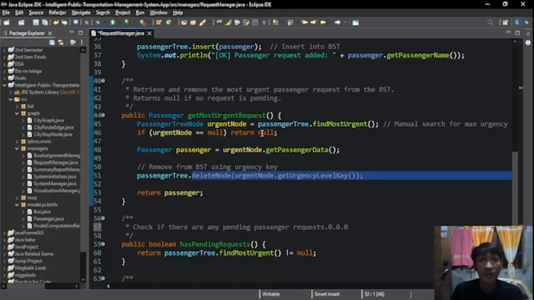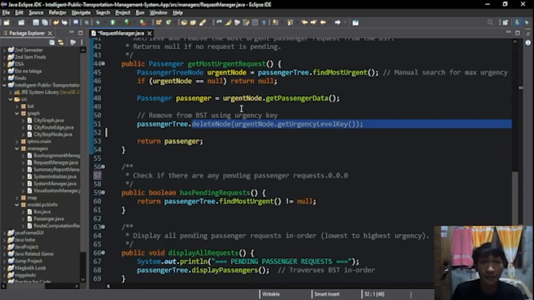Display all request method. This method traverses the BST in order and prints all passenger requests from lowest to highest urgency. It provides a clear view of pending requests for monitoring or debugging purposes.